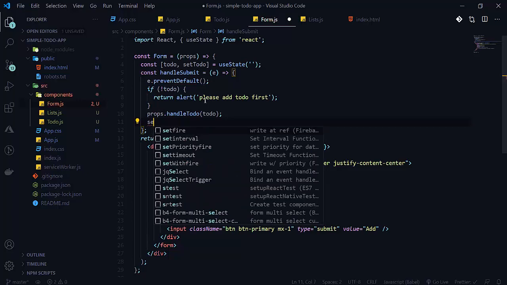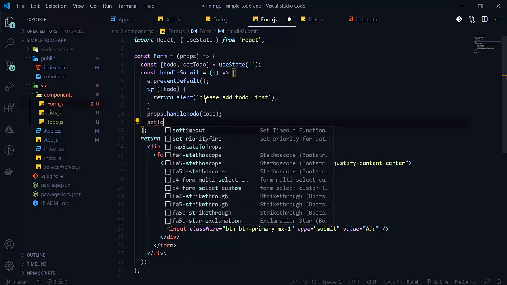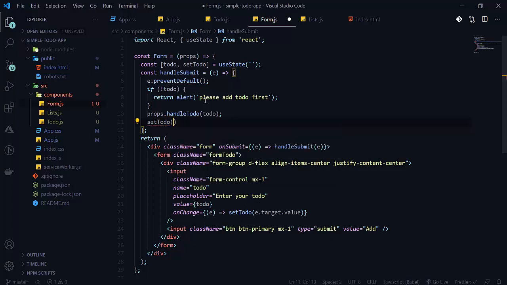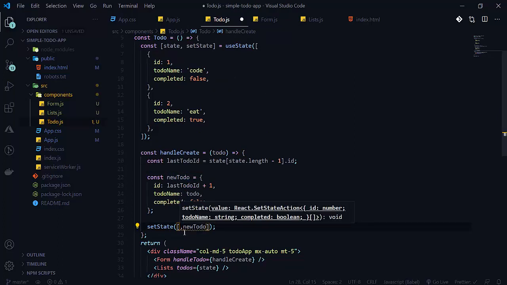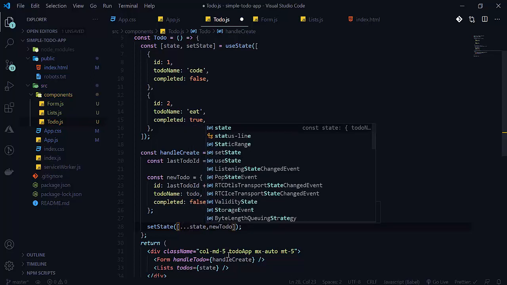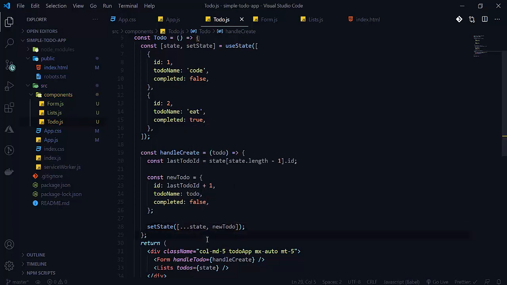Now how to do it without losing the value? Simply write dot dot state here. This is known as the spread operator, I think. I forgot the name of this operator here.